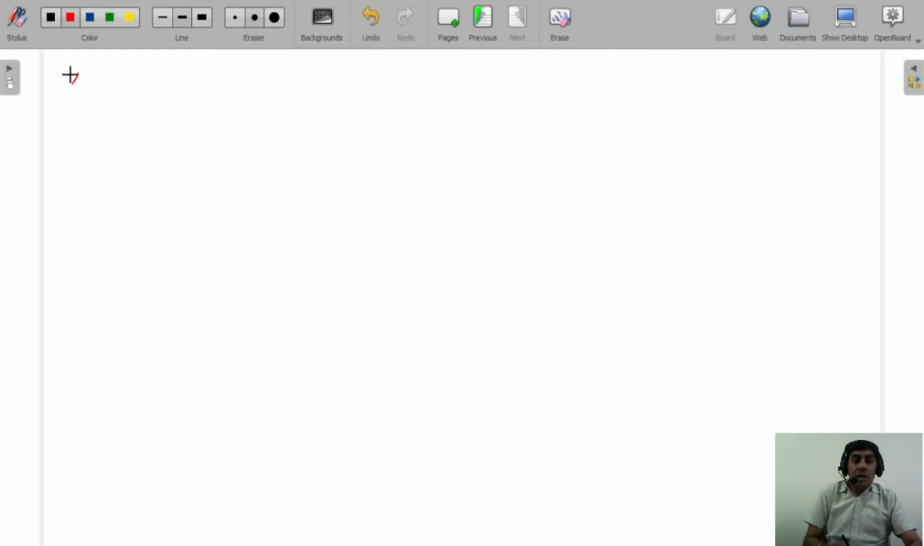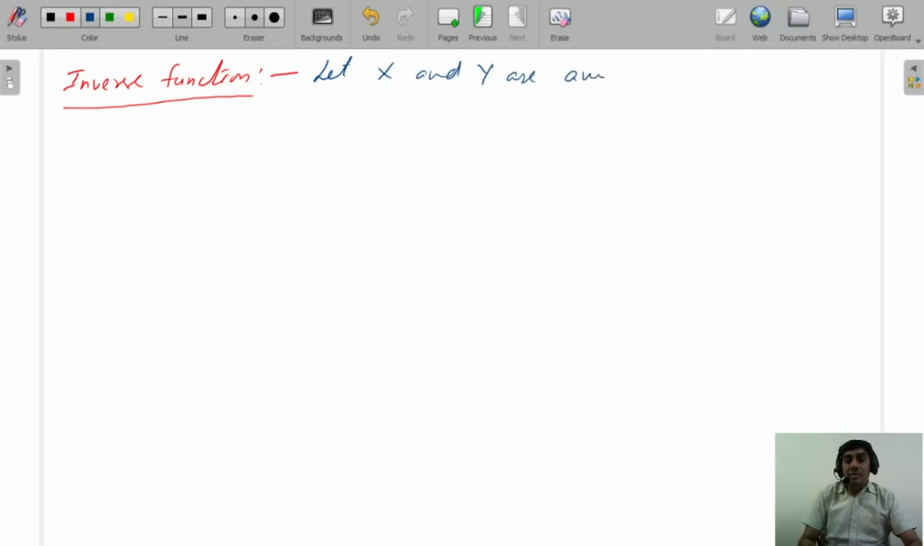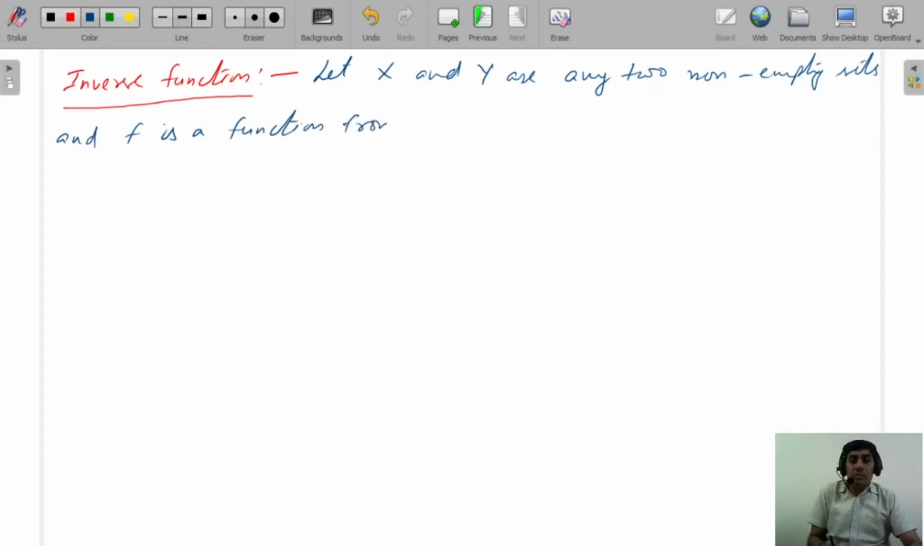Next, inverse function. Let capital X and capital Y be any two non-empty sets and f is a function from X to Y which is one-one and onto function,